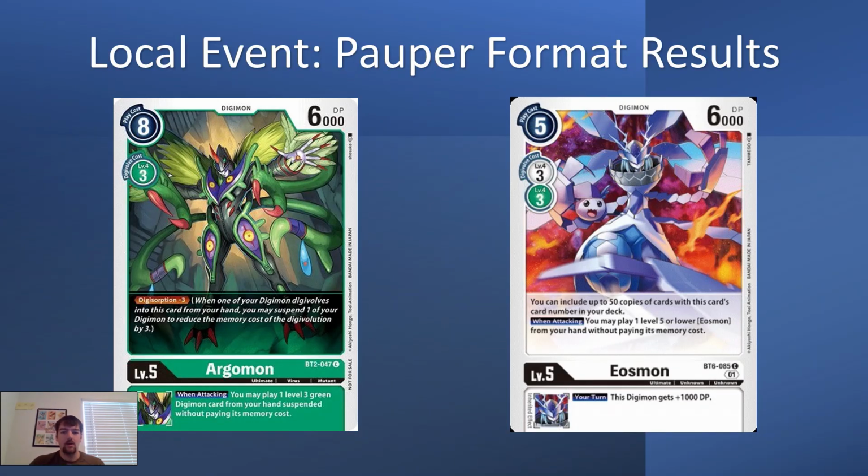And then we had a local event of Pauper format, and we have results. First place was one of our locals who won with Security Aosmon, Pauper, Commons only. I'll go ahead and highlight this stuff on Wednesday, and second place was a green deck, green control, what I would probably call it, that used the level 5 Argomon being lifted from the restriction list. It was a lot of fun,